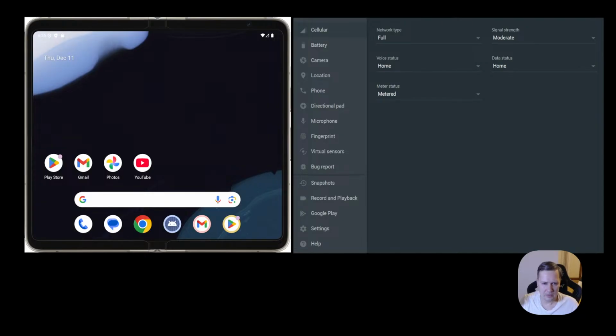So here we clickable, but I don't know, background.